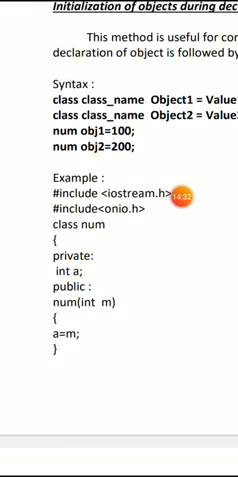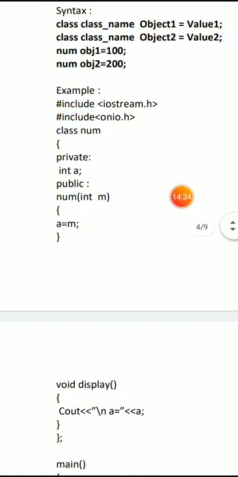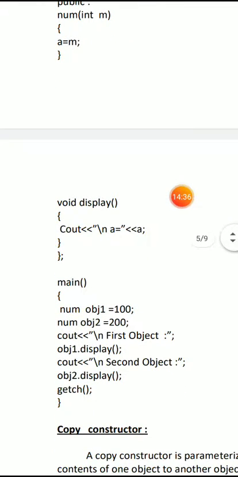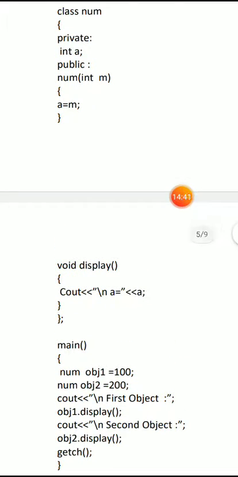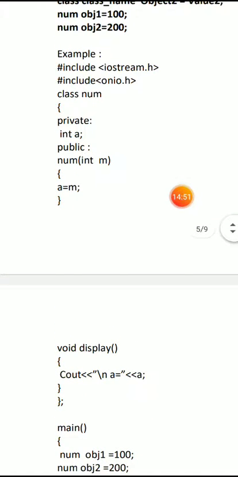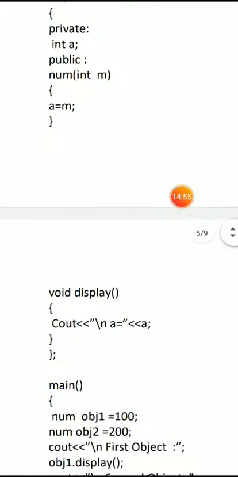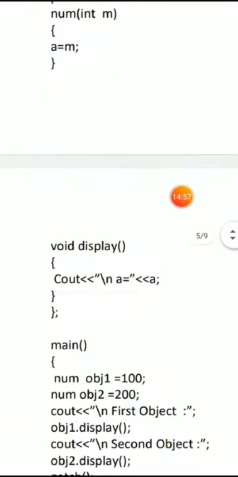So a equal to m means we are passing only one argument followed by the object. So object1 equal to 100, the value 100 is assigned when the object is created. When the object is created, the constructor is automatically invoked and it uses argument 100. That argument is passed to variable m, and the value of m is assigned to variable a, and the same is used by the display function in order to display the content of a.